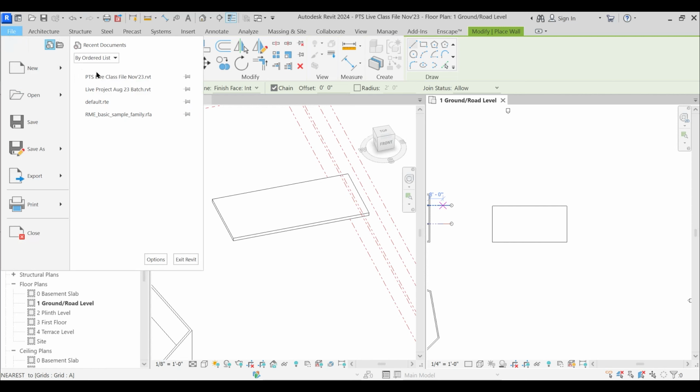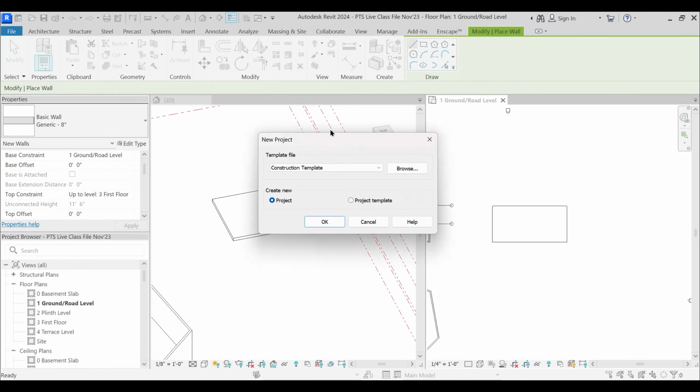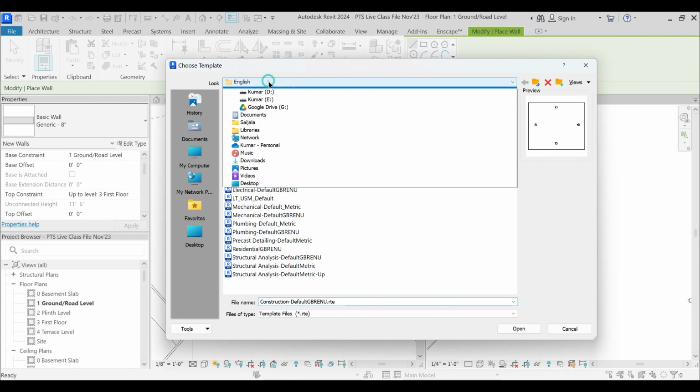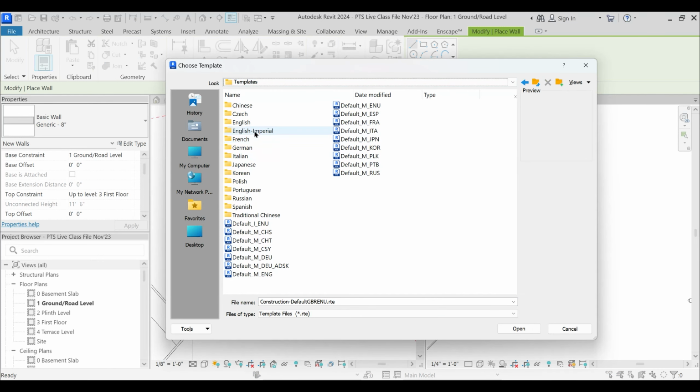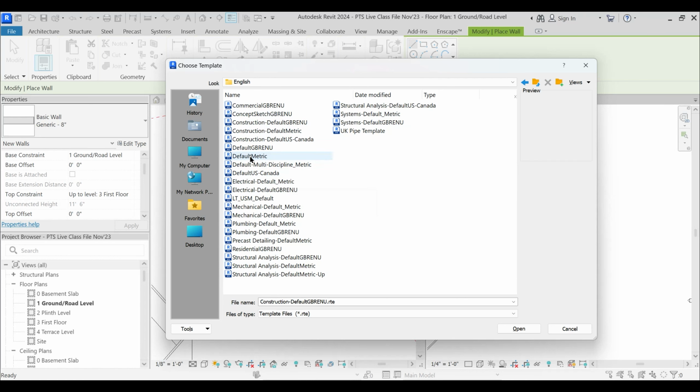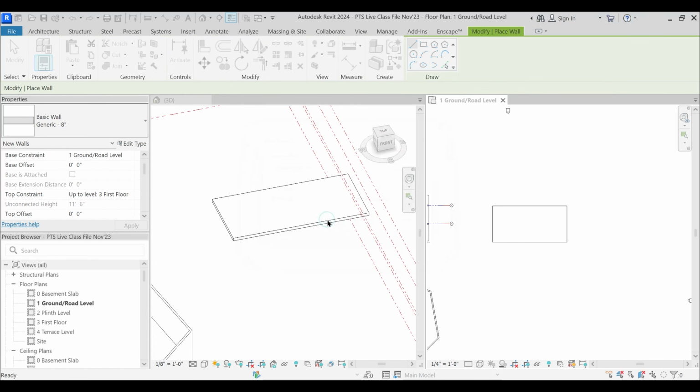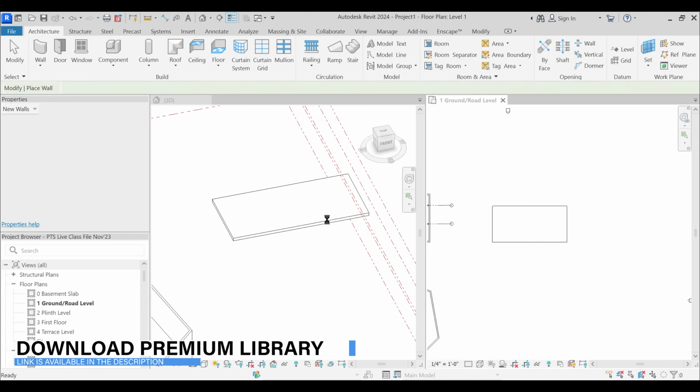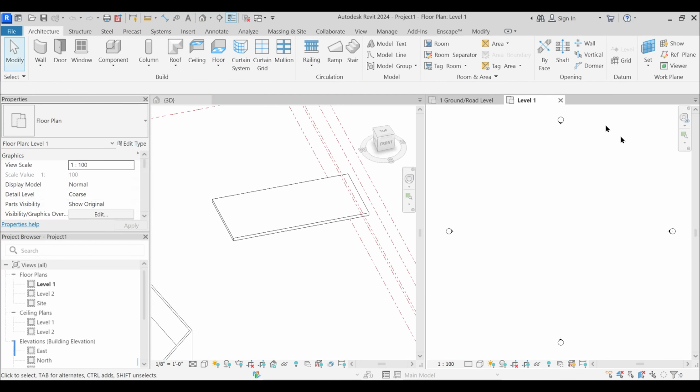If I just go to File, New, and Project, Browse, and from here in Templates, instead of English Imperial, I will open up the English template, and from that I will open up this default metric. Open and open. So what that does, that opens the default project environment of Revit, but with metric system, meter and mm.